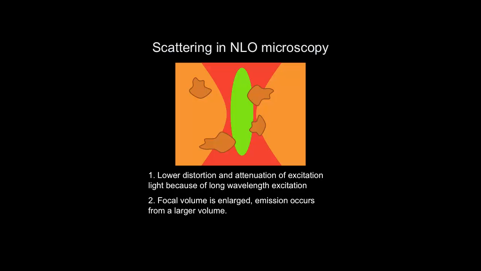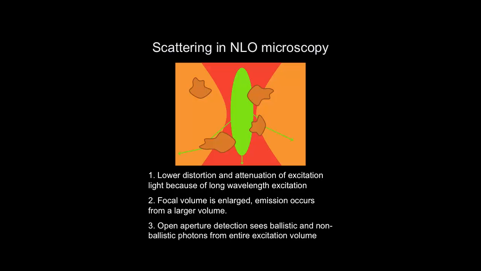The focal volume can get enlarged, and emission is generated in this larger focal volume. But now we have an open aperture detection. We don't need to use the confocal pinhole, and that sees the ballistic and non-ballistic photons from the entire excitation volume. So again, that means the scattered and the non-scattered